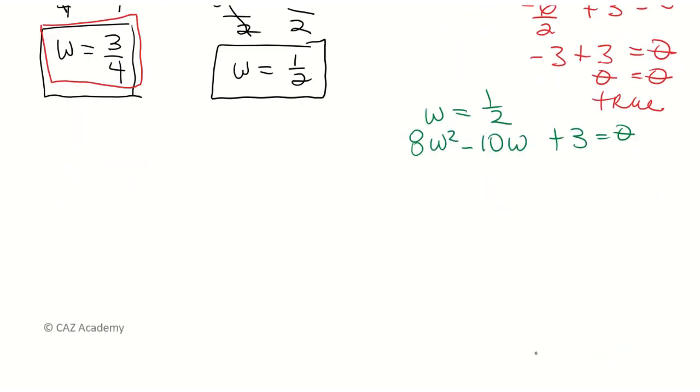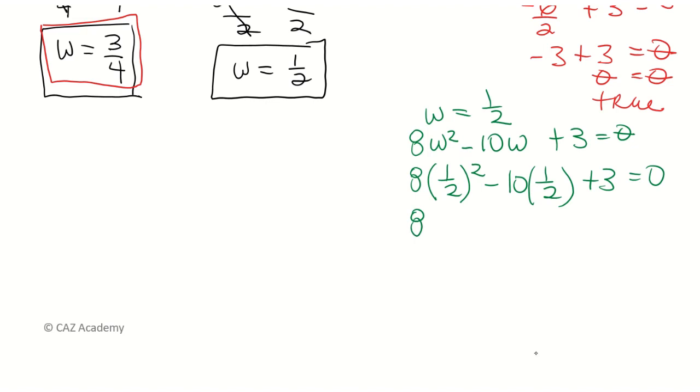And we're going to replace all of our w's with 1/2. So 8 times 1/2 squared minus 10 times 1/2 plus 3 equals 0. So once again, we've got 8 times 1/2 squared, and 1/2 squared is 1/4,